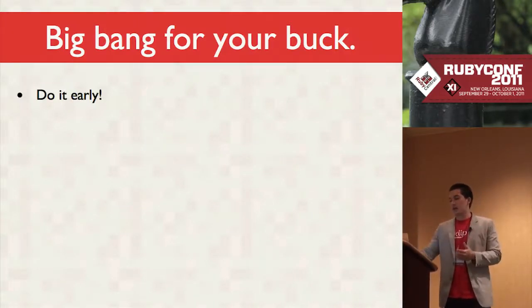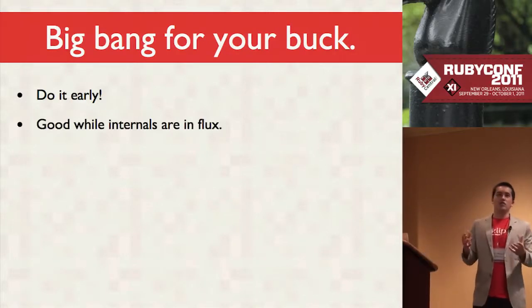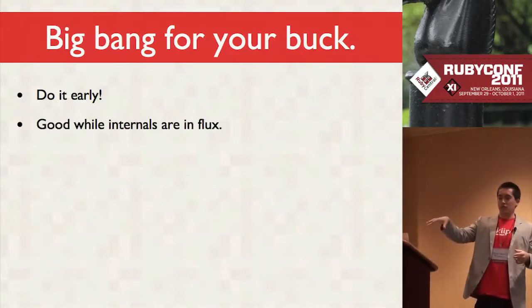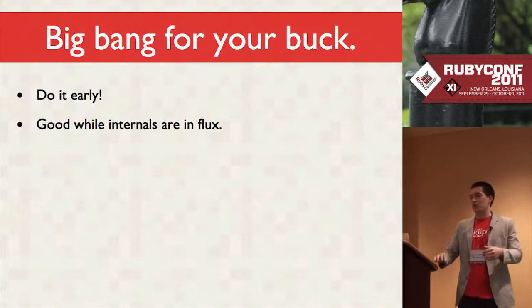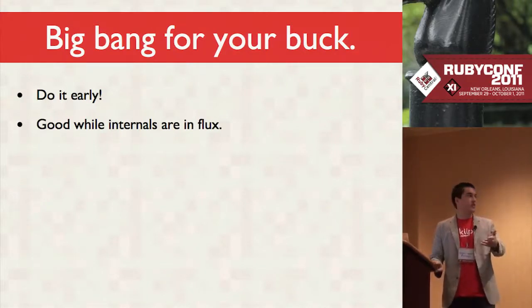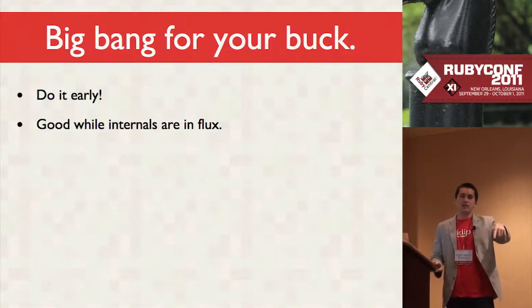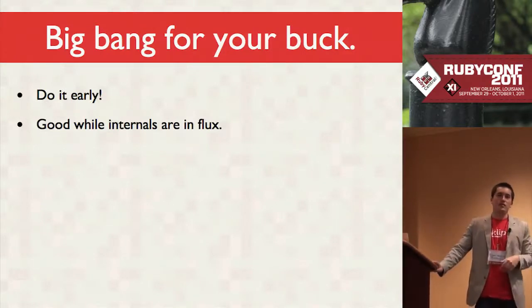And no matter how good you think you are, or how simple the library is, and you think you've got it going, the internals are always going to change. Every internal library or internal class when you start a project is going to change at some point. And if the first thing you do is start writing unit tests, you're going to have to rewrite all those unit tests. And this is where that value thing comes in.